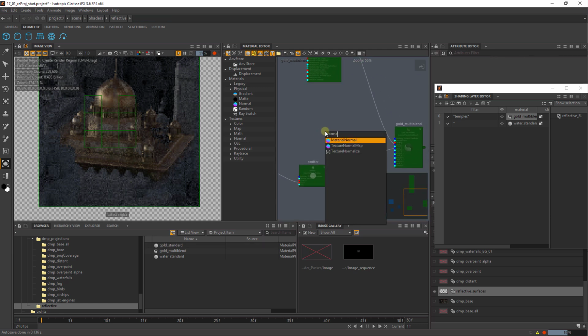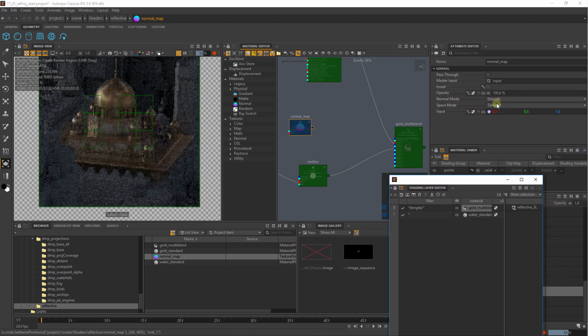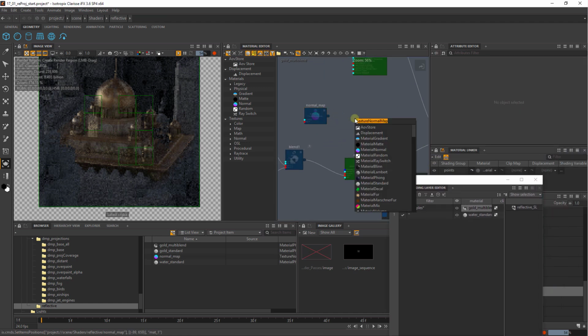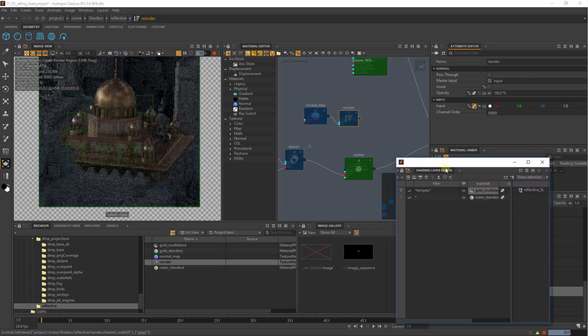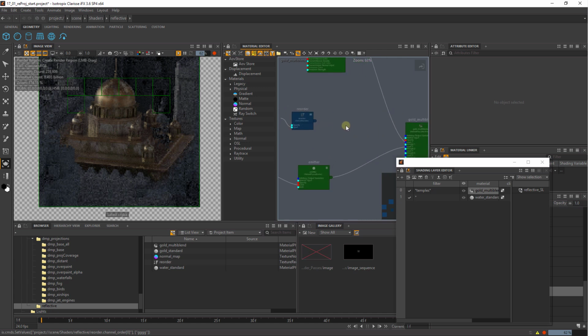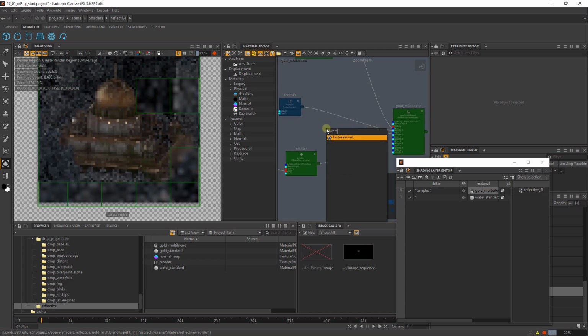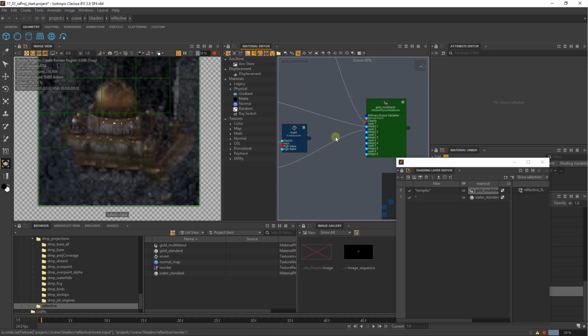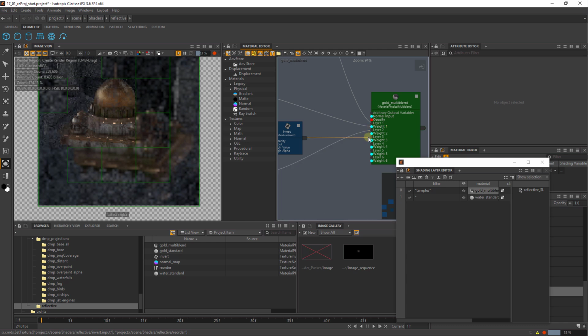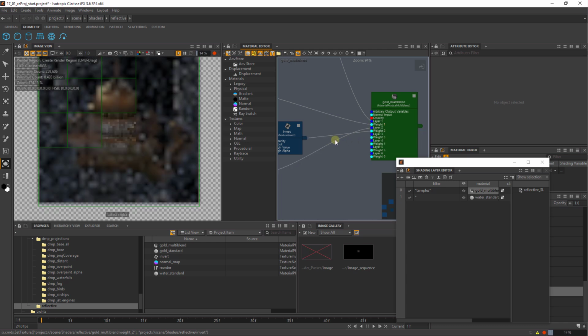So let's just create a texture normal map, and let's create a reorder node. And in the reorder we want everything to be green, which is the normals facing up. Okay, and if I plug this in as the weight for layer 1 and texture invert, plug in as weight for layer 2,